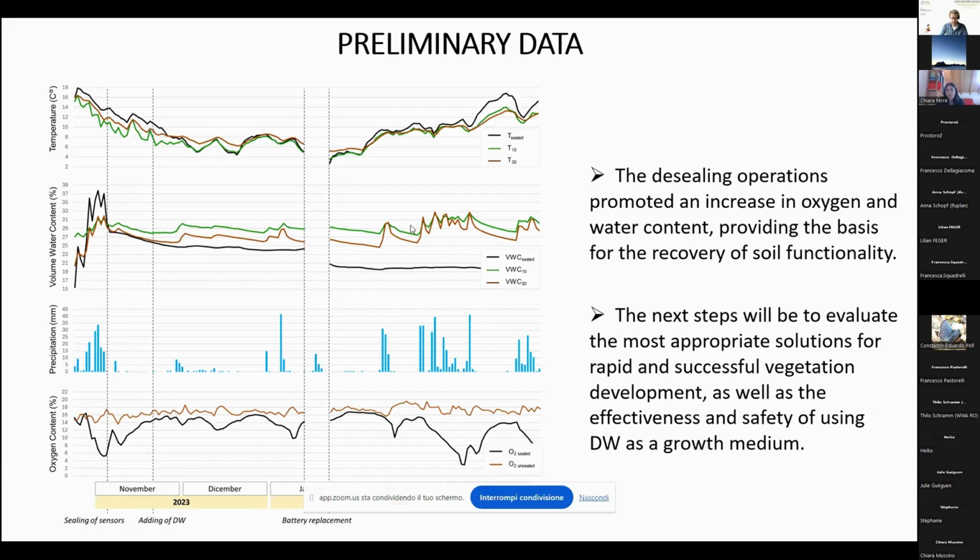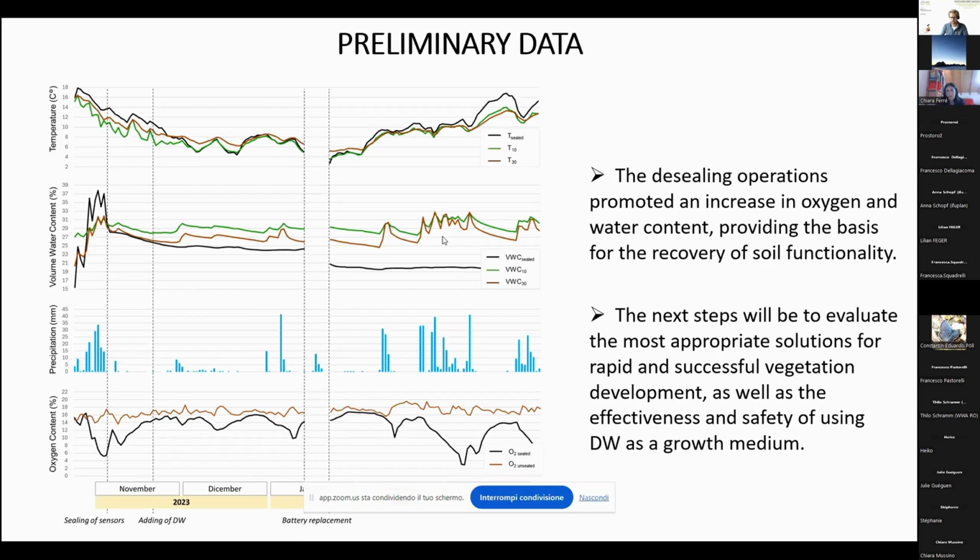And yes, the desealing operation promoted the increase in oxygen. Here you can see sealed and unsealed, and also the increase in water content, and this is good for the recovery of soil functionality. And the next step will be to evaluate and compare the treatments and to verify the effectiveness and safety of using demolition waste as a